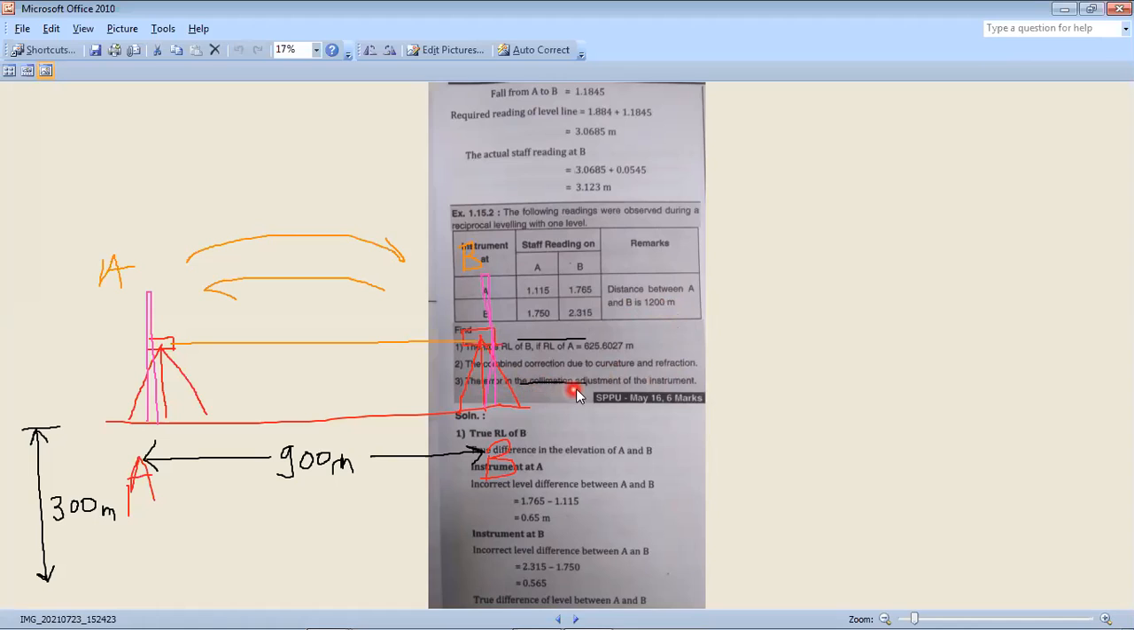The error in the collimation adjustment of the instrument is the third thing you have to find. So you can solve this numerical in the same manner we have solved the previous numerical. Take this numerical for your practice purpose. Now,